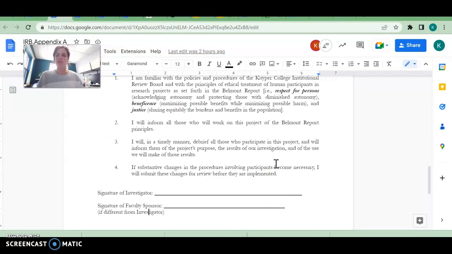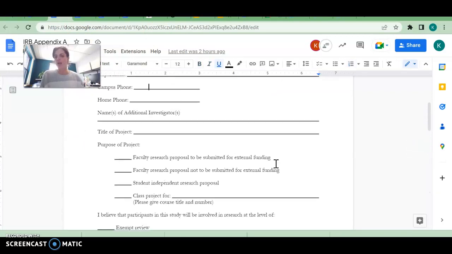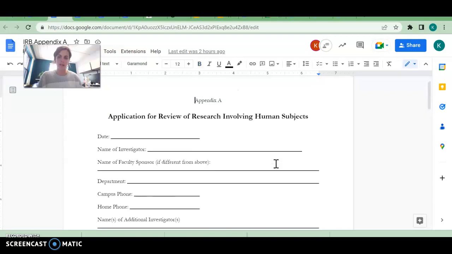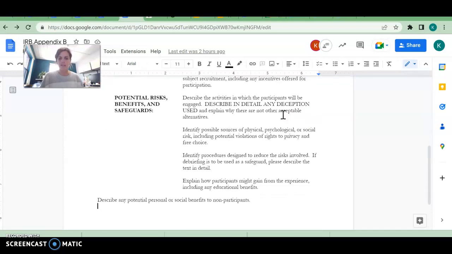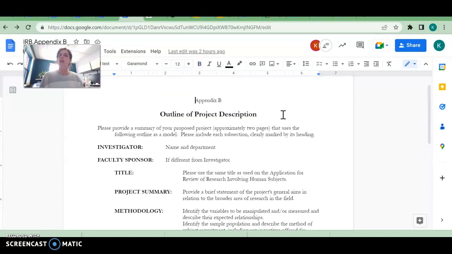This is pretty much just like reporting, but the thing that you need to come up with is the title of your project, which you will also need for Appendix B, which is the outline of your project description. These are the pieces; you want to shoot for about 2 pages, it says, that you need to explain to the board. Use this outline as the model and use each subsection, making sure you clearly mark the heading. I would just start it off with your name, the department, who the faculty sponsor is, and reference our class. Do the title, and then give the summary, the methodology,